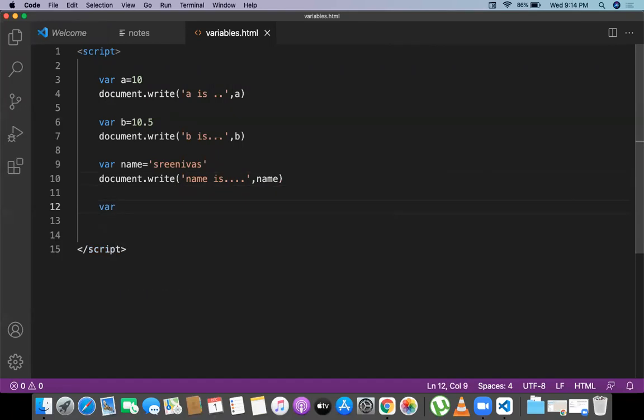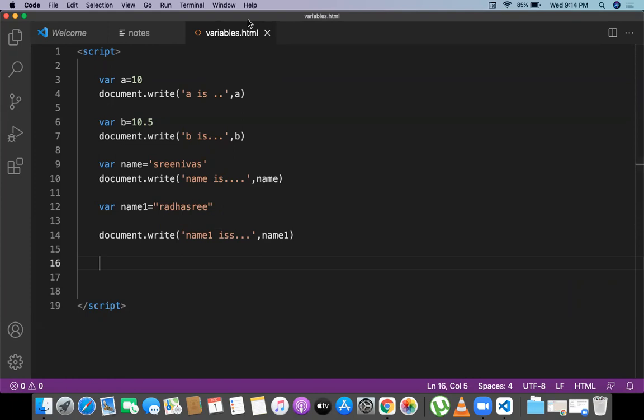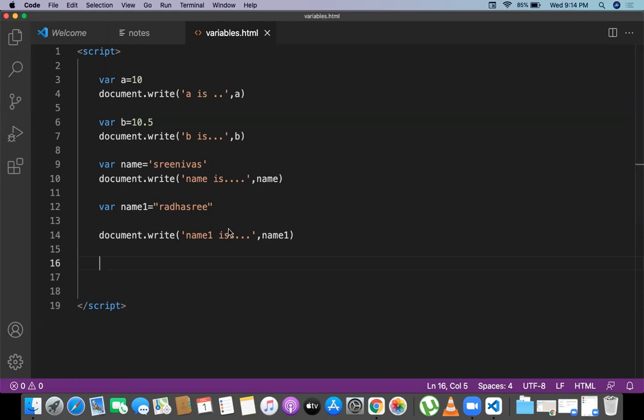And where name1 is equal to, we give the double quotes. Now document dot write name1 is, comma name1. Name is going to be printed and name1 is also going to be printed.